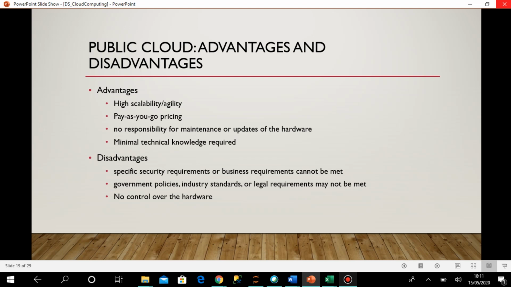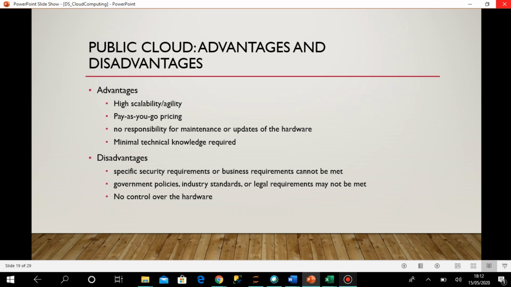You cannot ask for this security requirement, or say I have to implement this policy. That may get difficult; everything cannot be fulfilled. Then there is no control over the hardware, of course. As I told you, in the public cloud every piece of hardware is handled by the cloud provider only, so I cannot get any control over it. I don't have to do any maintenance or take any overhead, but I cannot have the control as well.